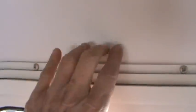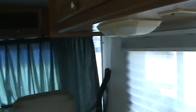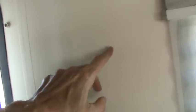So the other thing we're going to do while I'm standing here is we're just going to get a little pull down shade to go up here to cover that little door window that's there. Because, you know, at night you don't want people just walking by and being able to see in while you're sitting watching TV. Which reminds me, so the TV is most likely going to go here, right, Mr. Bucky? Right. Yeah, so he's going to get one of those swivel arms. And then what we will do is use a bungee cord to keep it attached when we're riding down the